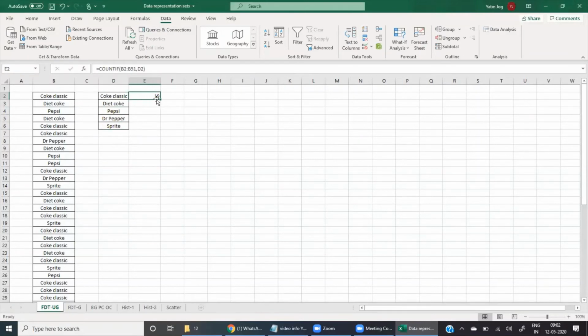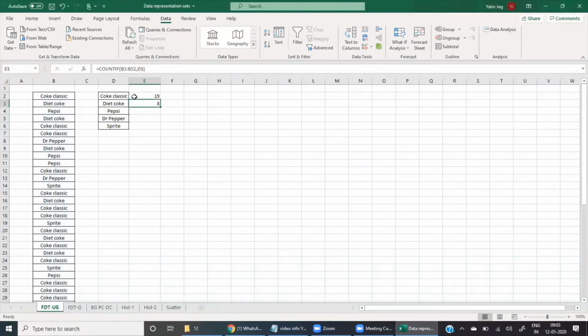If I just copy and paste it in the next cell, it takes the argument correctly, D3, but look at the first argument. The first argument has also shifted by one cell. As I have shifted to the next cell, the first argument B2 to B51 has become B3 to B52. So as I keep moving to next cells, even the argument will keep changing. I have to keep changing this second argument, which will become D4 in the next cell, D5 in this cell, and D6 in this cell.